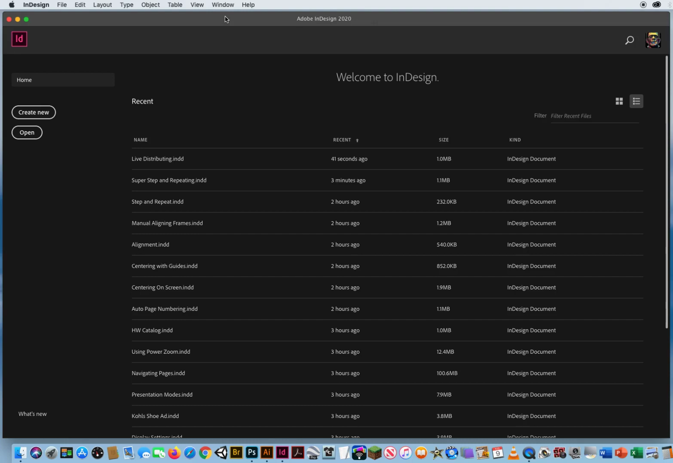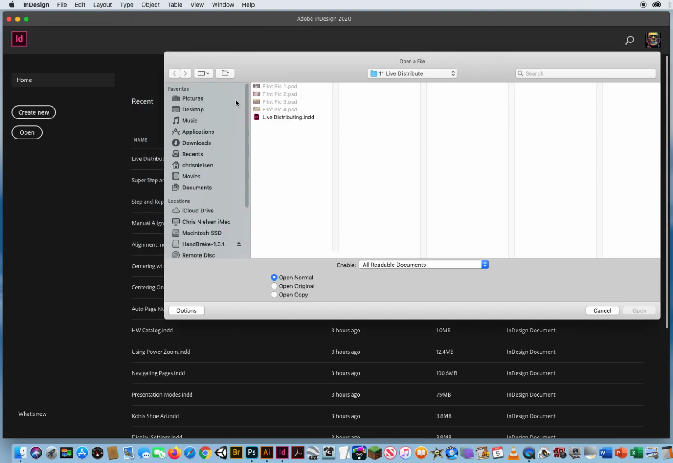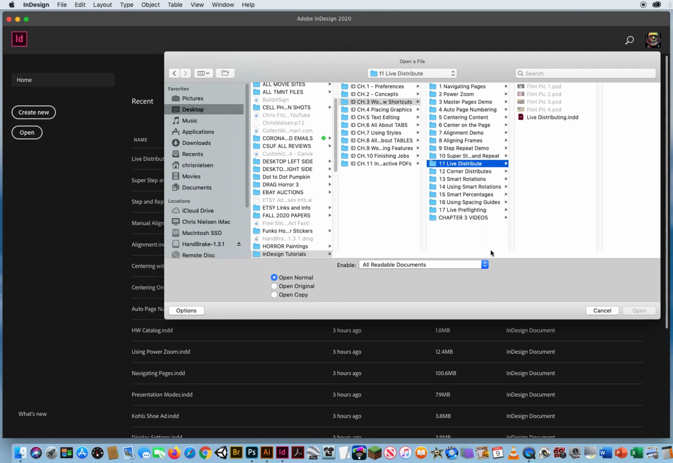Okay, so here's another method of distributing images or graphics frames across a page, and that's called live distributing. These are all workaround shortcut tricks that really help you to build up speed in your production. I'm going to go to File and Open, and on my Chapter 3, I will go to Folder 11, and